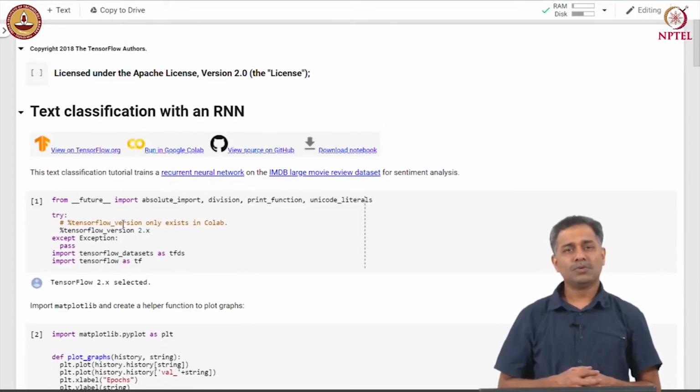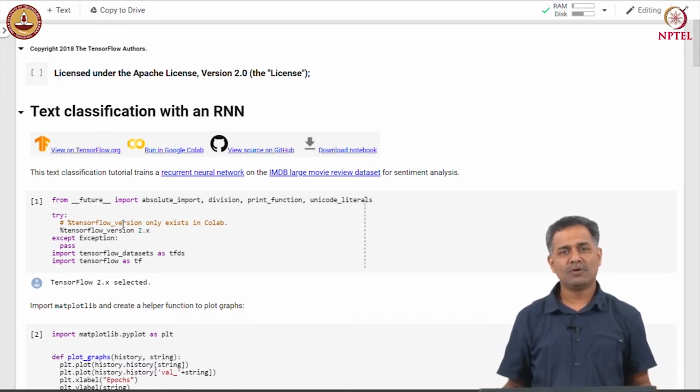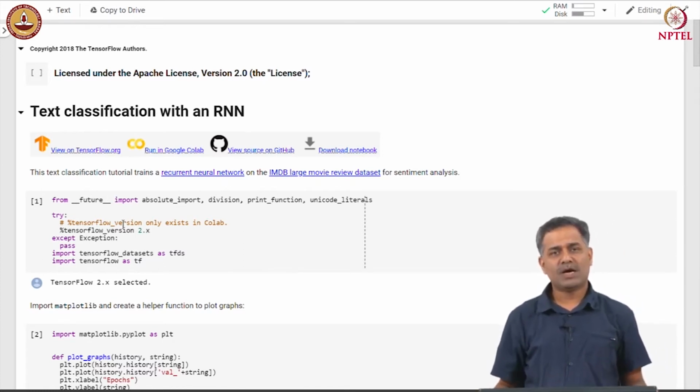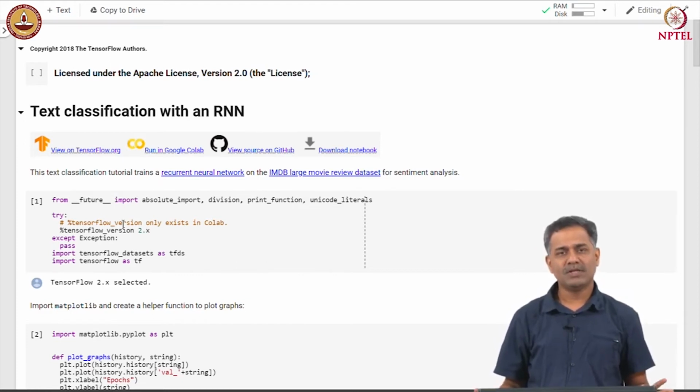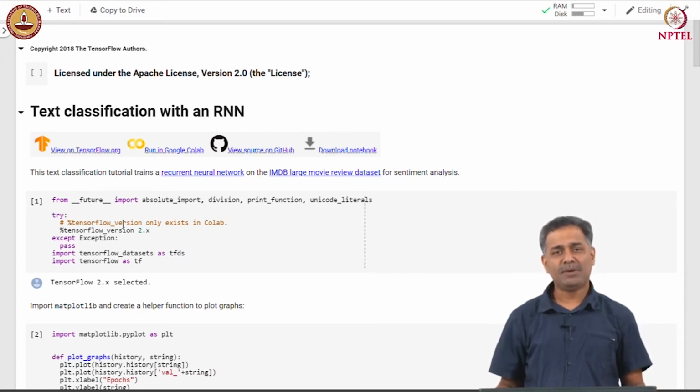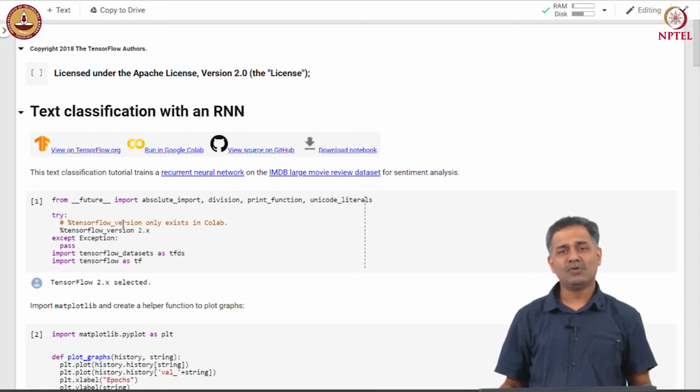Okay. So, let us use RNN models to obtain sentiment of movie reviews. So, we will use IMDb movie dataset. In this example, we will use movie reviews from IMDb and we will use RNN classifier to predict the sentiment of each of the movie reviews. The output here is a binary output. The review can either be positive or negative.